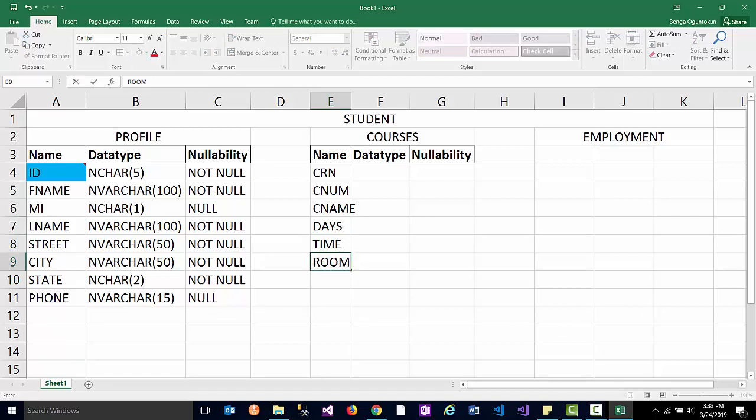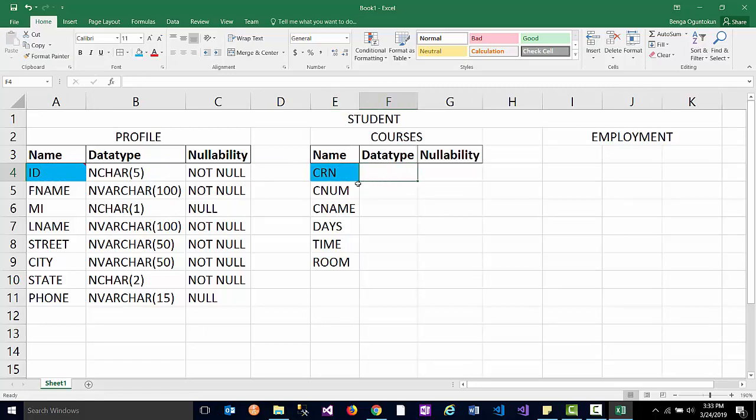The primary key is CRN, so let's go ahead and paint it blue. Primary key is CRN. The employment fields in order